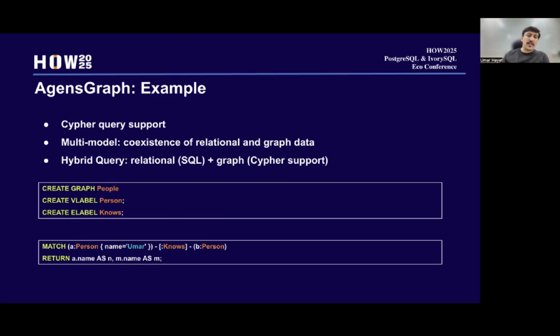If you see this query, it creates a graph named people, and it creates one label as a vertex, and another label named knows. You insert multiple person records with the label person, and if one person knows a second person, you add a relation between them, for example that this person Umar knows this second person.